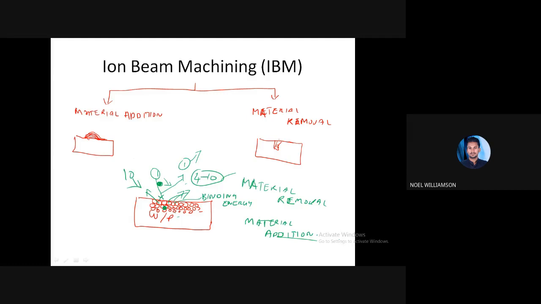In the machining, what we usually do is use ions. And how are we guiding the ions? We have a particular chamber like this. Inside that there are many components or parts that we'll see in the experimental setup. Anyway, we are providing some inert gas like argon. So the argon gas will be there.